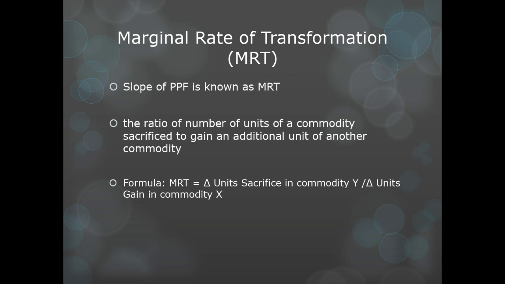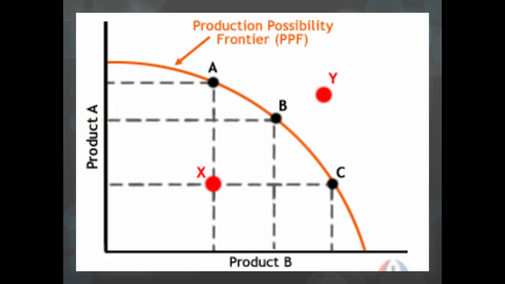The next concept is marginal rate of transformation. The slope of the production possibility frontier is known as the marginal rate of transformation. It shows the number of units of a commodity which is sacrificed for an additional unit of production of the other commodity. So here, when you look, you can see that if you are taking point A,